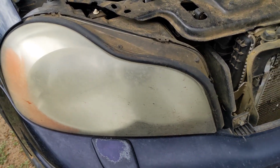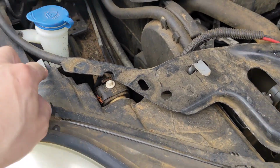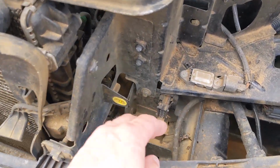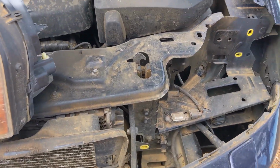It is really easy with these older XC90s. You just remove these two clips and then undo the plug and you can just get the light. So this is the plug you have to undo. Same for P3,